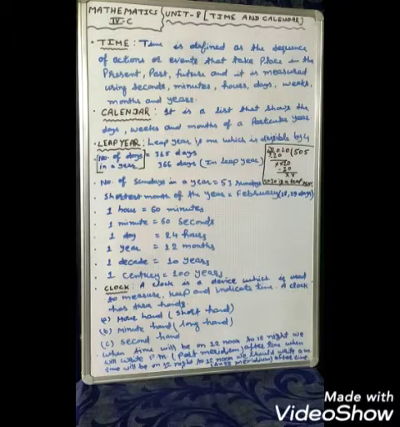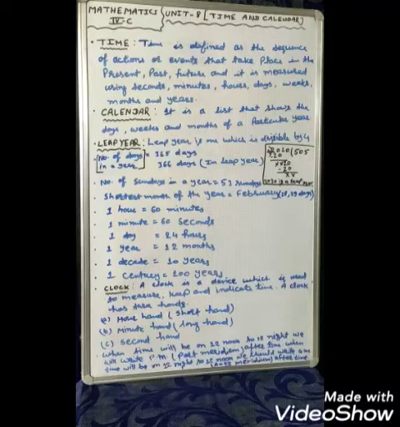In a leap year, the total number of days is 366, and in a common year, the total number of days is 365. Next, the total number of Sundays in a year is 53. The shortest month of the year is February, with 28 or 29 days. In a leap year, February has 29 days, and in a general year, a common year, 28 days. After every 4 years, there is a leap year.